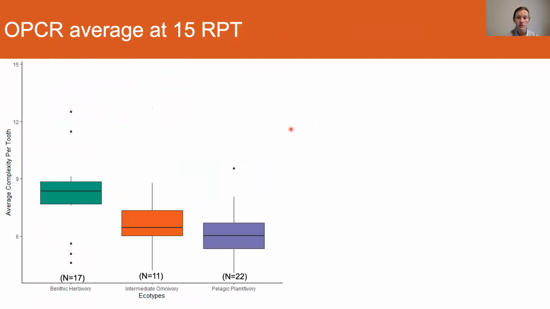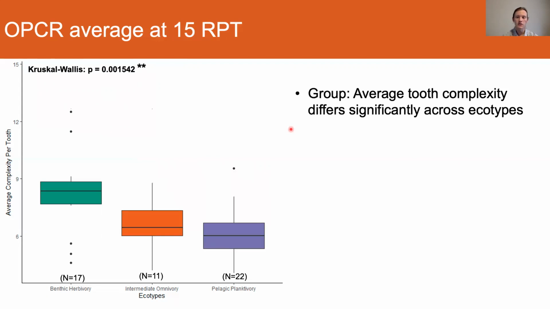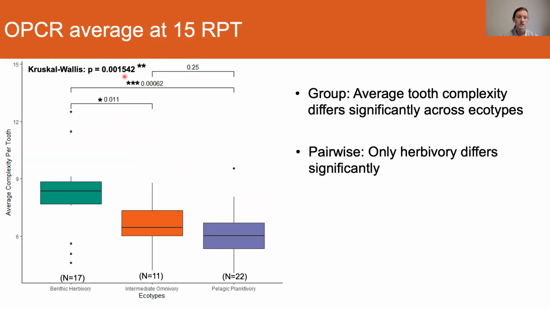So looking more closely at our OPCR average results at resolution 15, we again see the same general pattern of higher herbivore complexity and lower complexities in omnivores and planktivores. Applying a one-way ANOVA to our data, we find the average tooth complexities across groups do in fact differ significantly. Applying pairwise comparisons of ecotypes, we see that herbivores also show significant pairwise differences with omnivores and very significant